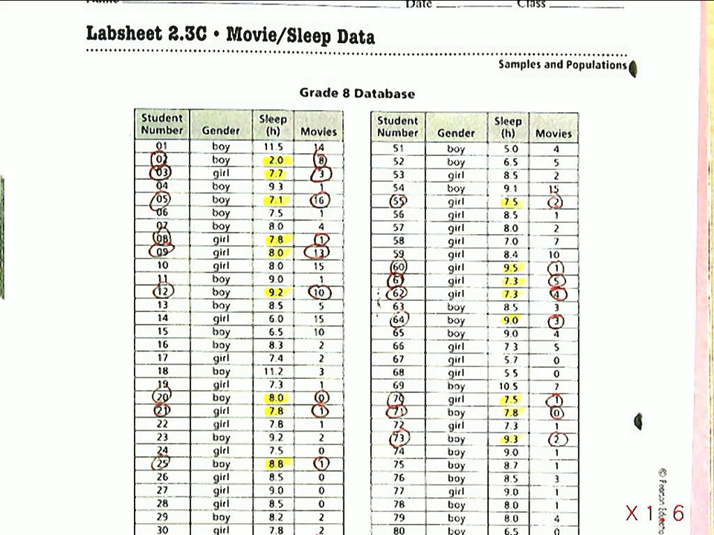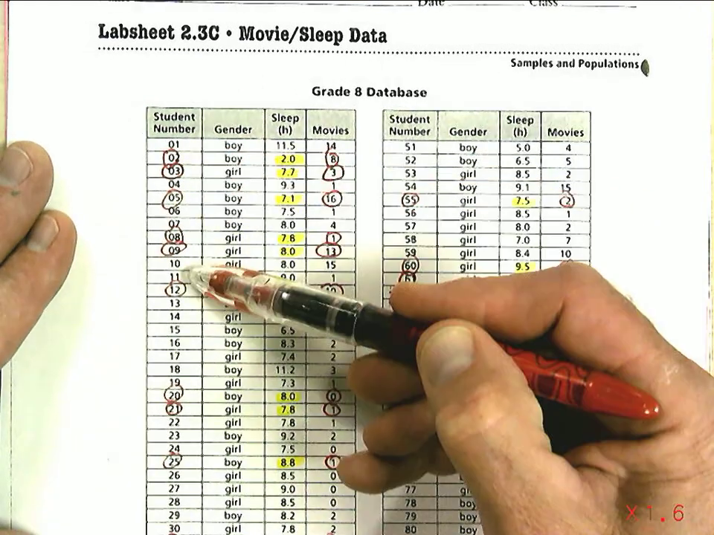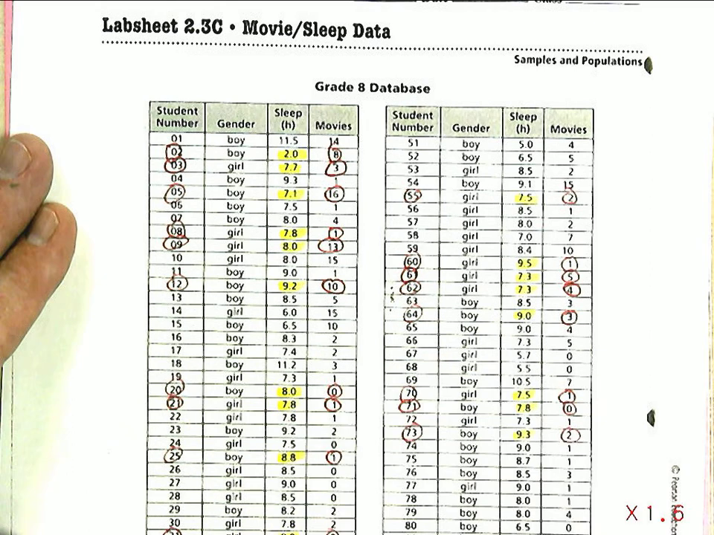So this lesson is for problem 2.3 in samples and populations, and if you're just watching this lesson, you probably need to go back to the previous lesson for 2.3a. This is B. This is for part C. And what we're going to do now is, in the previous lesson I randomly picked these people using my graphing